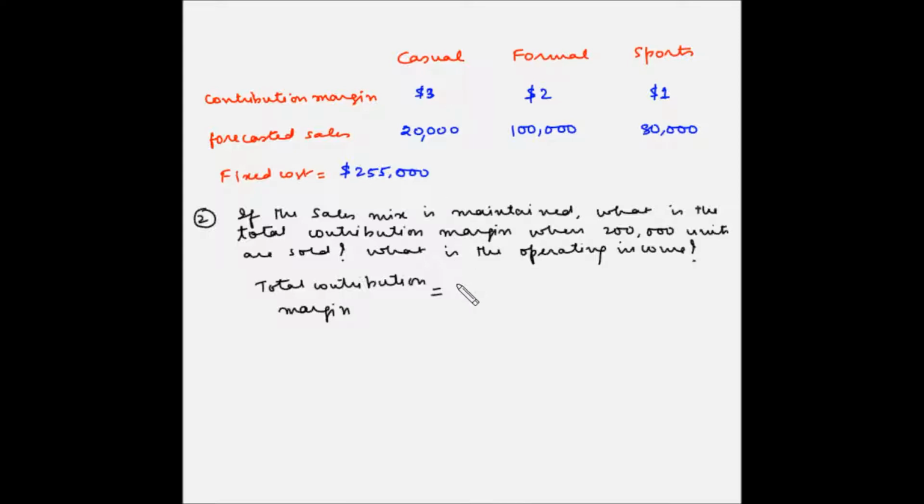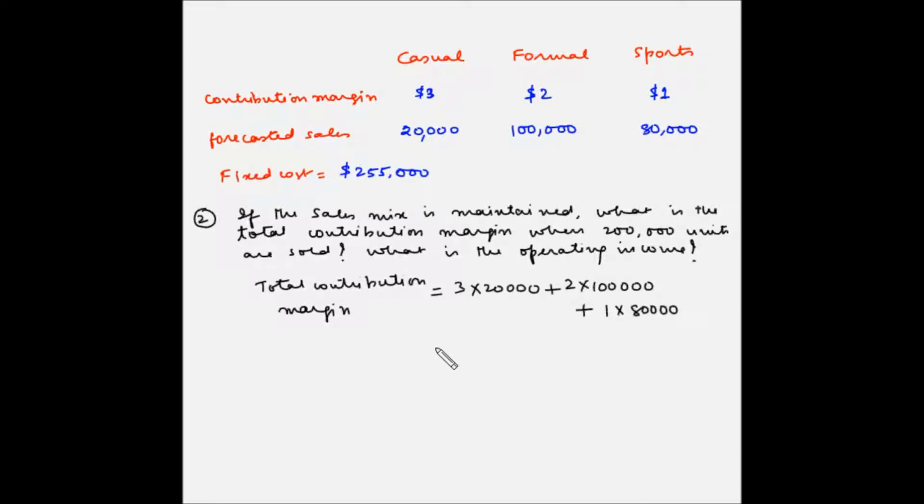So we have 3 multiplied by 20,000. So this becomes the total contribution margin for casual shoes, plus 2 multiplied by 100,000. This is the total contribution margin for formal shoes, plus 1 multiplied by 80,000, which is the total contribution margin